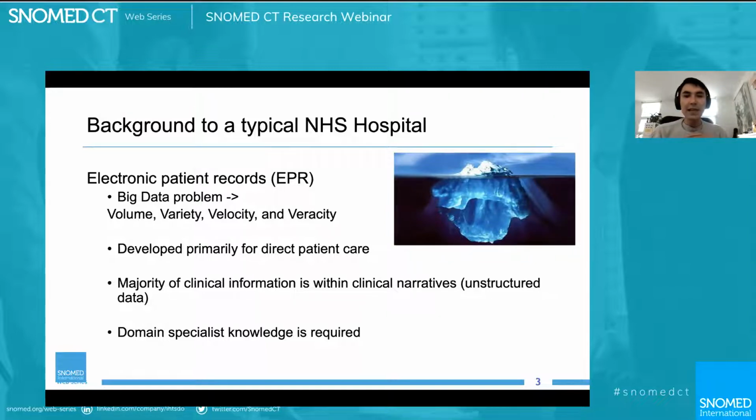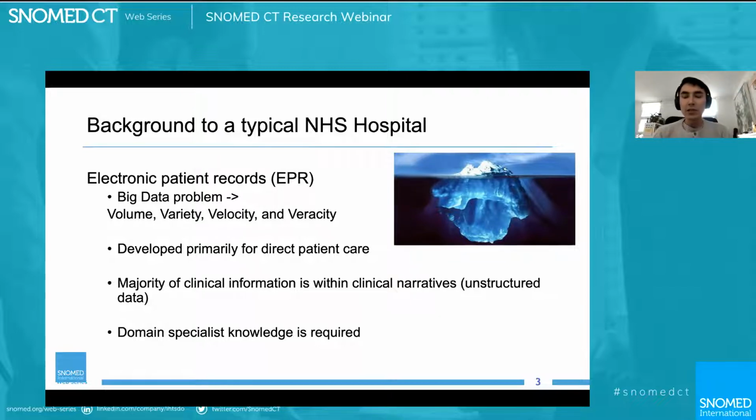This is really considered a big data problem, where these famous 4 Vs are the main issue about why a lot of this data can be considered trapped or unlocked. There's a lot of potential for it to be used for furthering insights into improving patient care and understanding more about our patients, and our ability to surface that data is absolutely crucial.